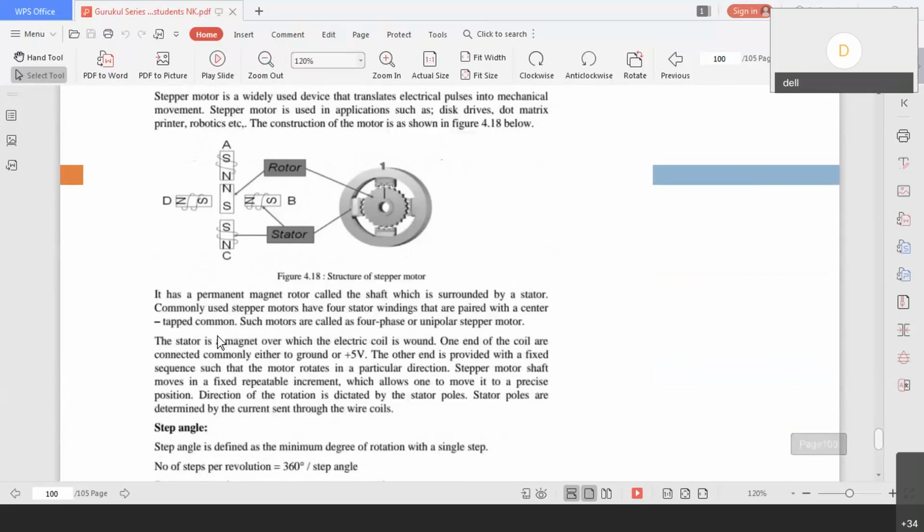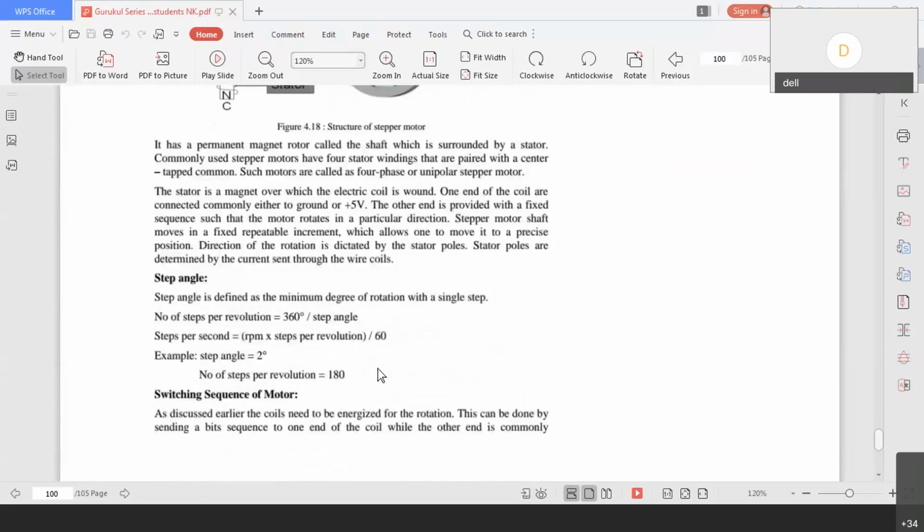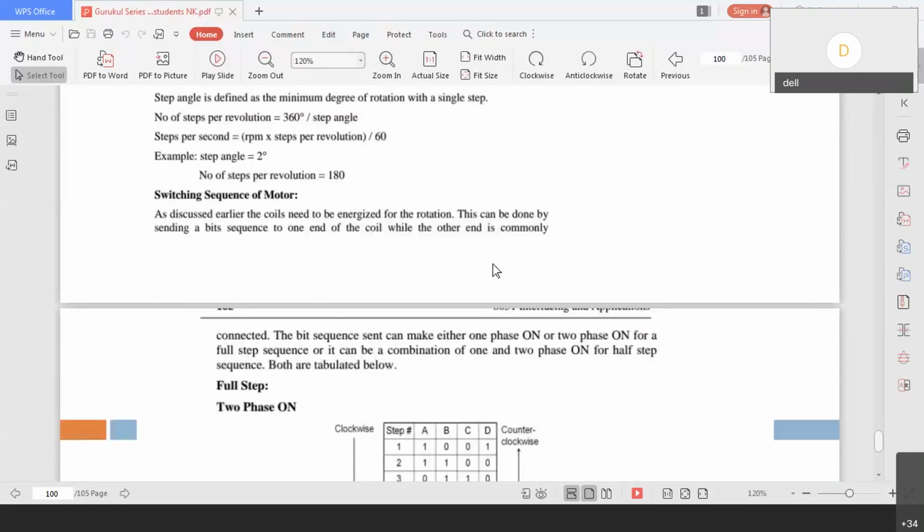The next interface is called the stepper motor. A stepper motor basically moves in step angles of 1.8 degrees or 2 degrees. It works based on the positioning of the four magnets mentioned in the diagram. There is something called a rack and pinion adjustment for every step movement. After every step, let's say 1.8 degrees, it locks. Once again, it moves and locks, moves and locks like that. That's why it's called a step motor. There is something called a step angle. You can calculate it depending on the number of teeth that are there.